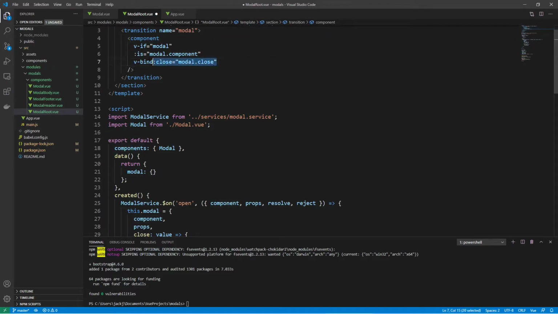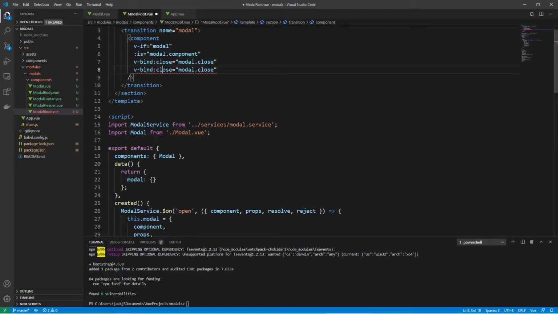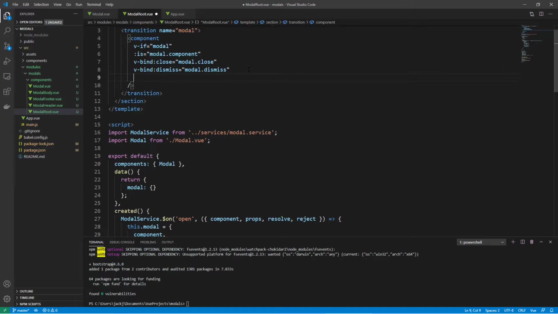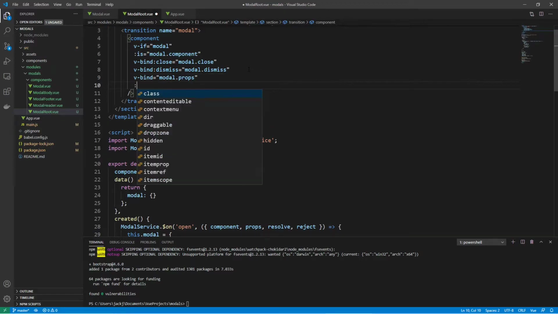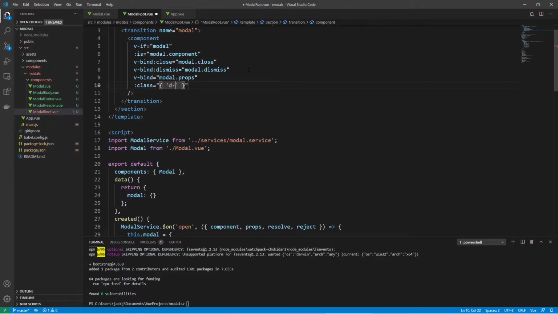So then we're going to do the exact same thing with the dismiss. So I'm just going to copy this, paste it in, and then change that to dismiss. Then we're going to do something very similar with the props. We're going to say v-bind, and then say modal.props. And that passes all the props to our component. Then we're going to have one dynamic style here. So that object, inside of it, we're going to say not d-clock, we want d-block. So that's a display of block, and then say